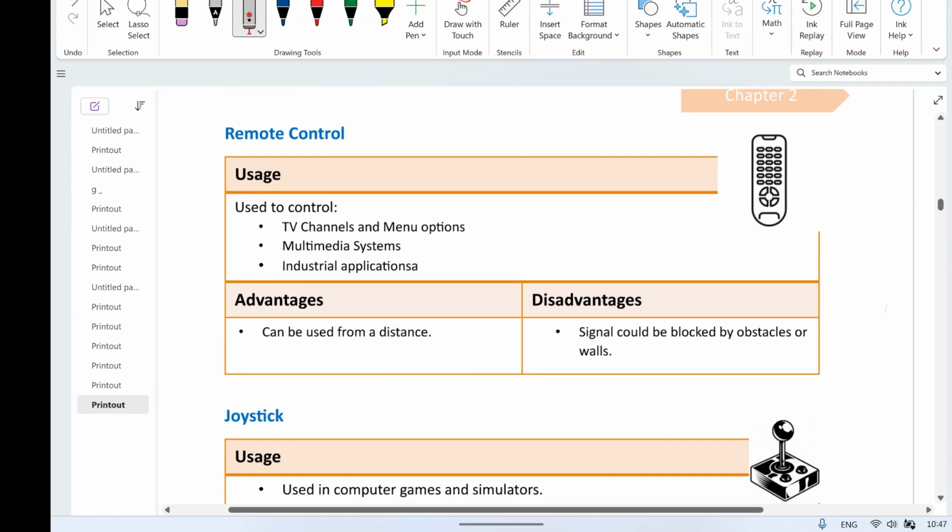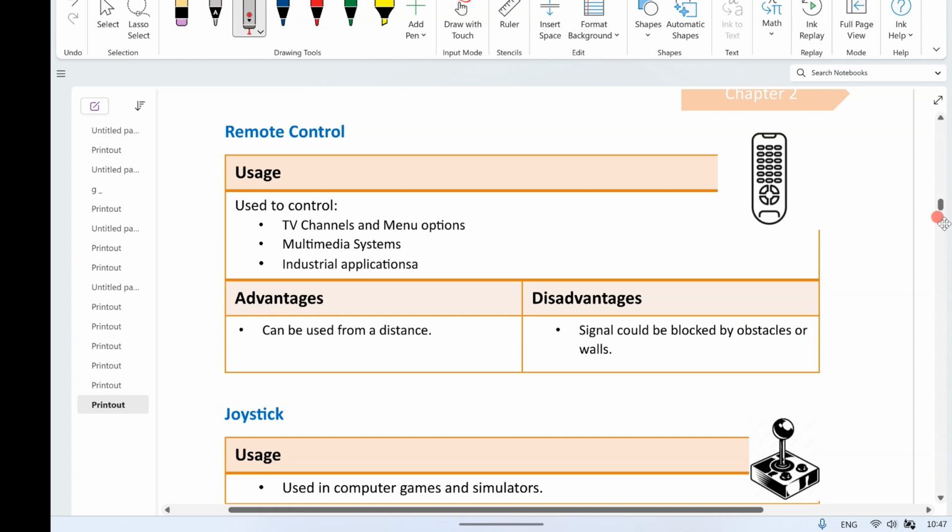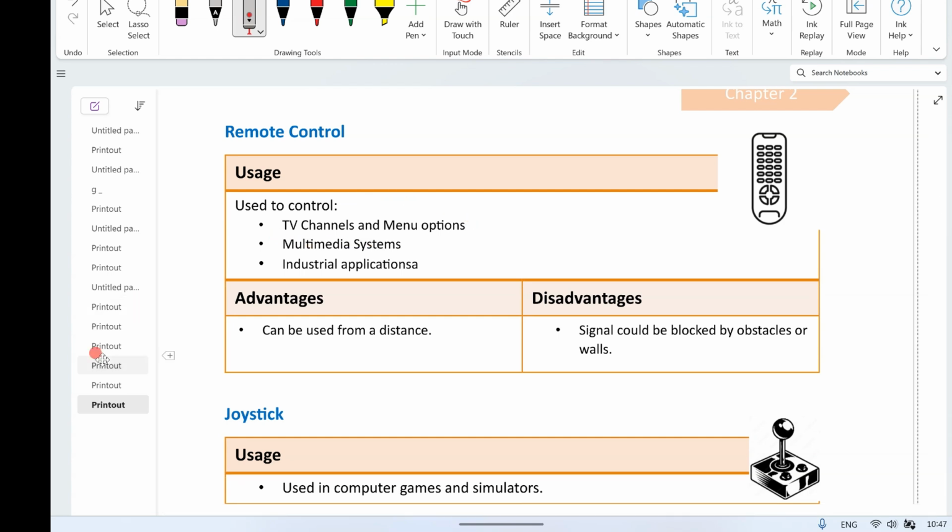What else we have? Remote control. Why we use it? To control TVs, isn't it? And we can use it for machine or you can use it for multimedia system. So remote control is whenever you would like to control a device from a distance without being closer to that device. So the advantage is it can be used from a distance. Disadvantage, the distance is limited